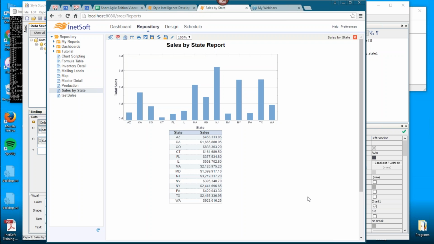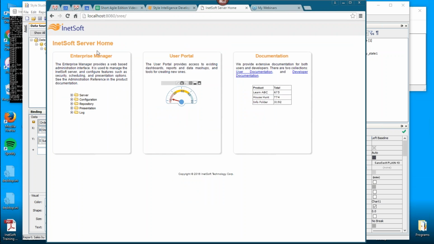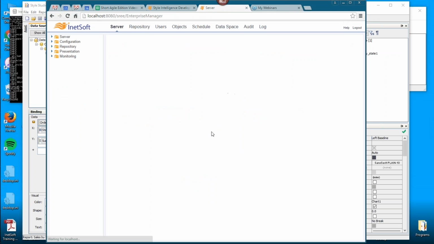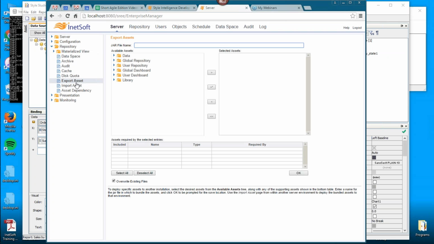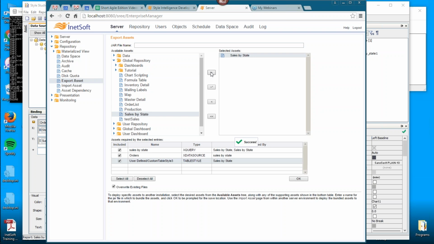This is going a little bit outside the scope of this webinar, but basically what you would do is go to Enterprise Manager on your test server. So I would go to Enterprise Manager, log in, still on my test server here, and I would find the report that I created. I would go to Repository, Export Asset. This is how you basically move assets in and out of different server installations. Select Export Asset, find that particular report that you created, Sales by State, add it over here, give a name for the jar file, like